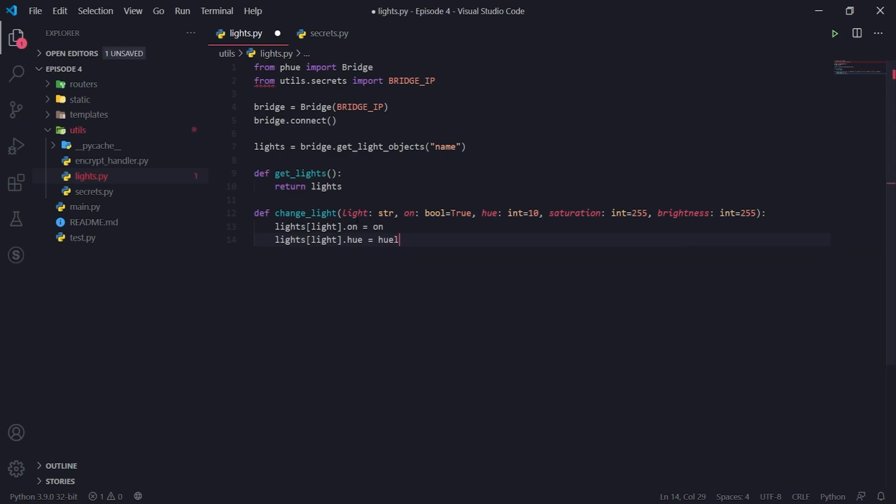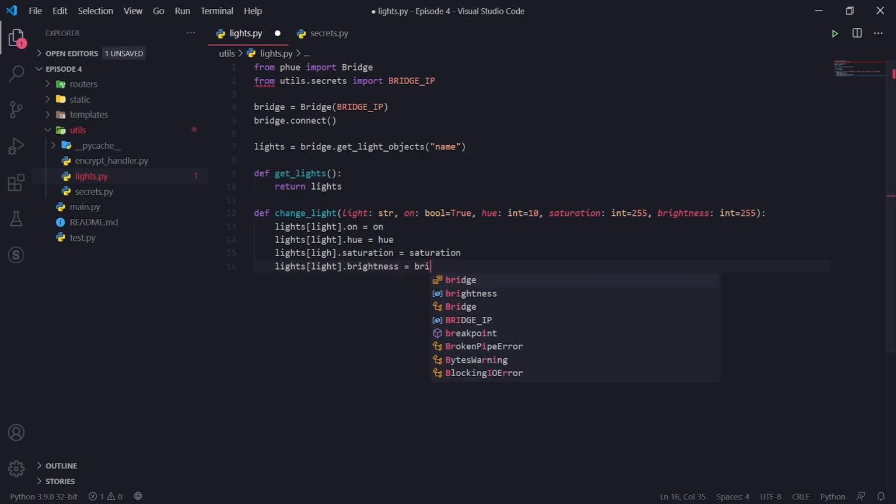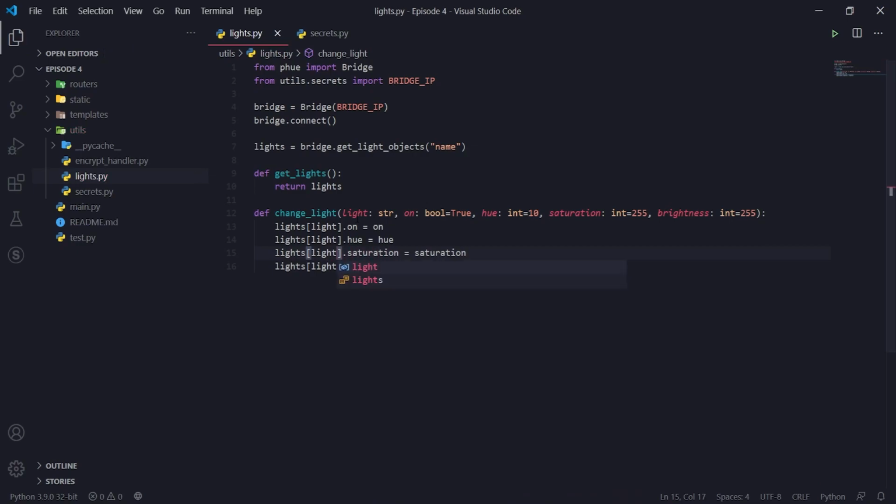That's going to be passed through the function again, and we can do the same thing for our next couple of parameters that were passed, and that is the saturation. We can type in here saturation, and then we can do the same for our brightness. And that's going to be brightness. And up here, I've just made a little mistake. That should be a T there. Okay, so now that's all done. This is when it's going to call. It's going to pass all these values through, and then it's going to update it, and you'll see the effect